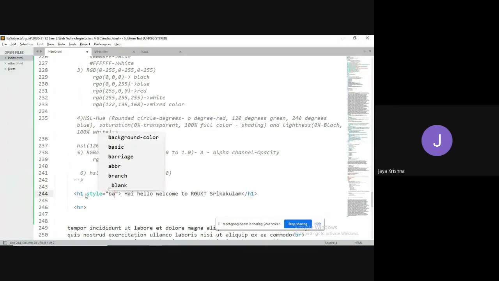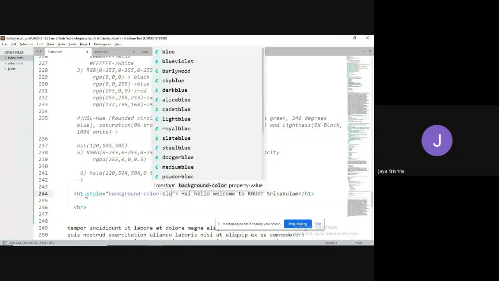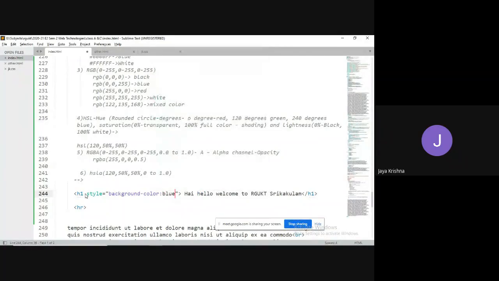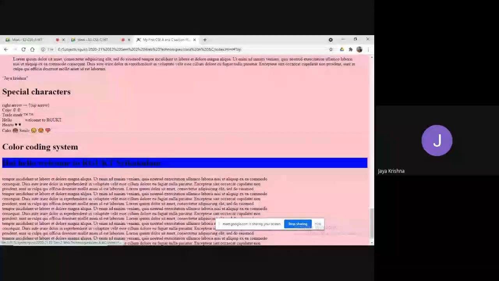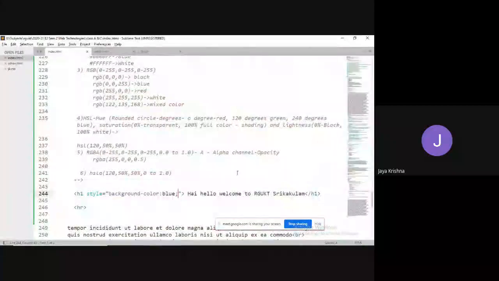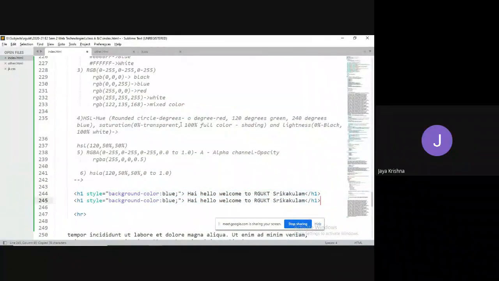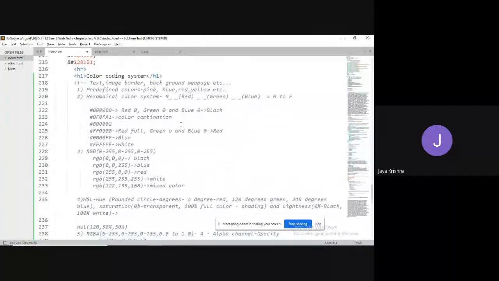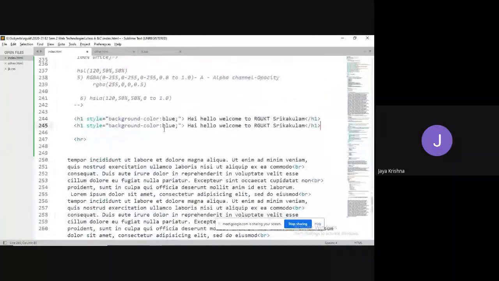For example, I'm using background color. Background color equal to, for example, I would like to apply blue color. Okay, the background color is applied as blue. This is the first one. What is the first one? Normal predefined colors. The second one is what?